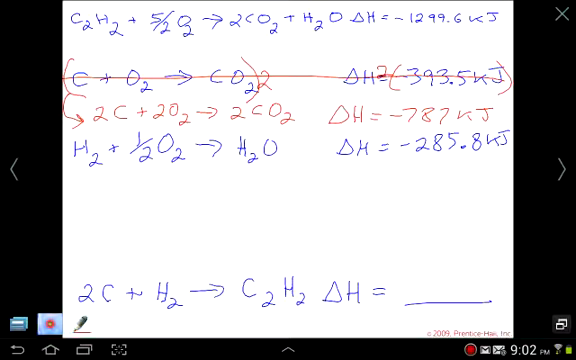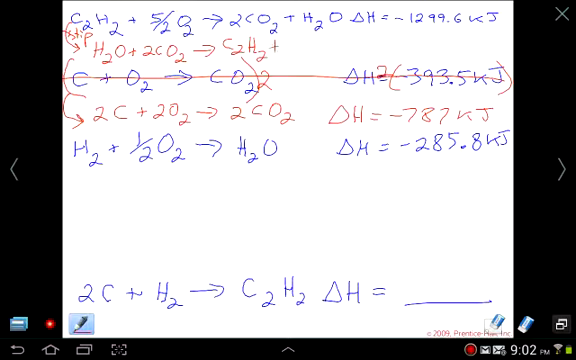Now it looks like we need C2H2 on the right side of the equation. It actually exists on the left side of the equation, so we'll have to flip the top equation. So let's go ahead and flip this one, and you can write flip if that works. So I'll go ahead and put water on the left side now, plus 2 CO2,